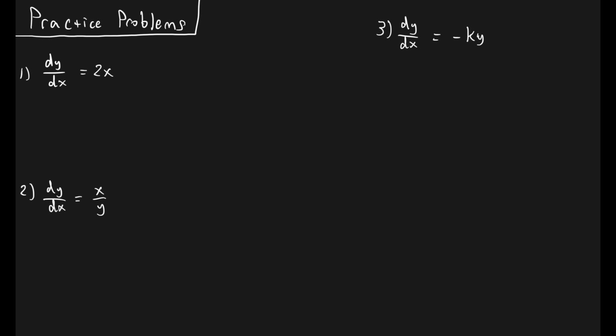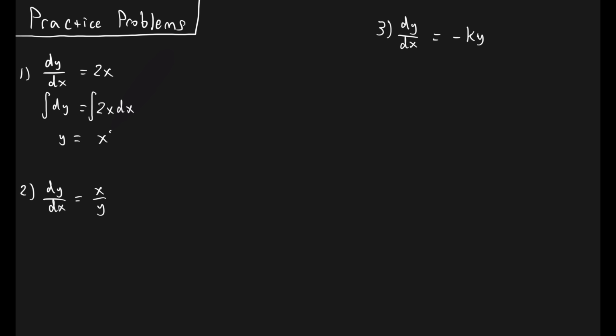All right, so for problem number 1, we have the differential equation dy/dx equals 2x. Now this one should be pretty simple. Remember, just like our instincts tell us in algebra, we want to get each variable isolated on its own side. So let's start with that. If we multiply both sides by dx, we're going to get dy is equal to 2x dx. Then, if we integrate both sides, because we know that dy is the same as 1 times dy, we get the left side is equal to y, and the right side is equal to x